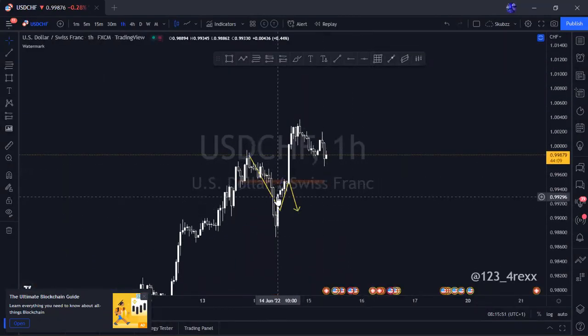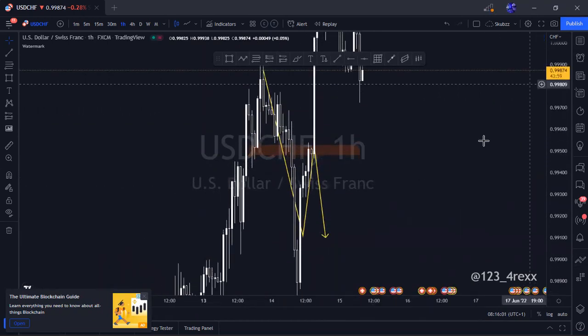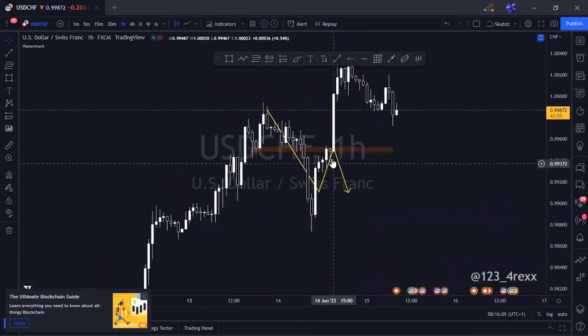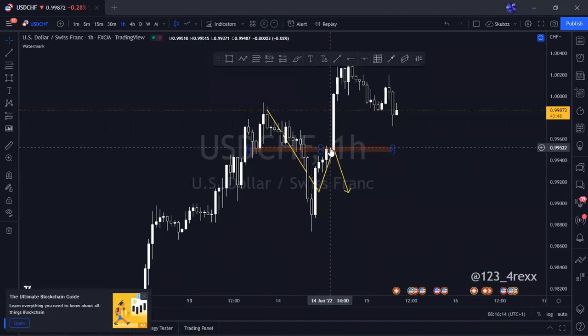Okay. So USD CHF here, we had this whole outlook on it that I was telling you guys that it had the break and then we could see the retest. But when it came for the retest, price just reacted from there. There was one very shitty bearish candle, but as you guys know, that's my entry point here. So I hope this did not deceive anybody into entering a sell from here.